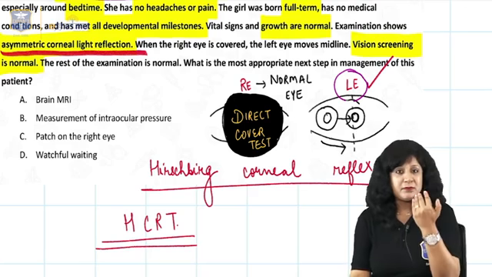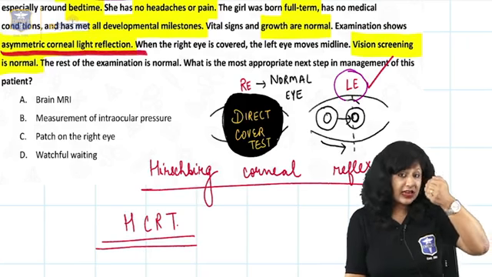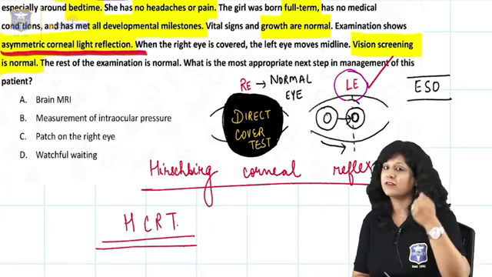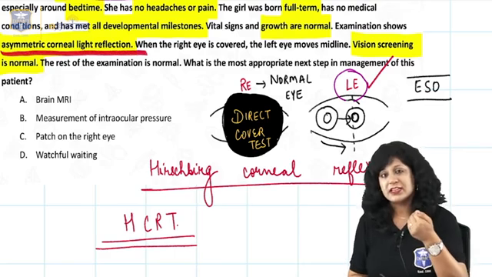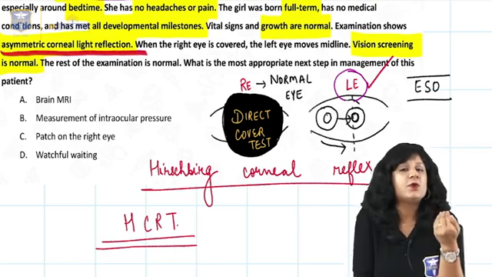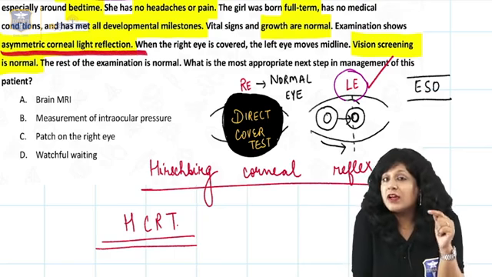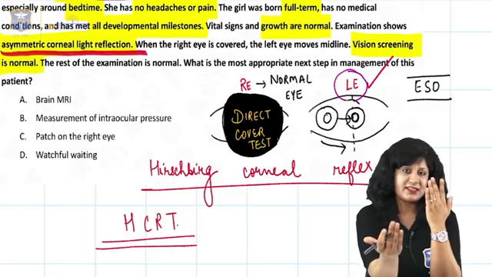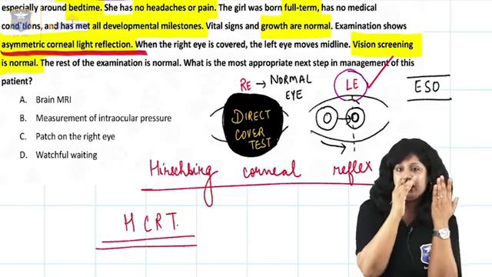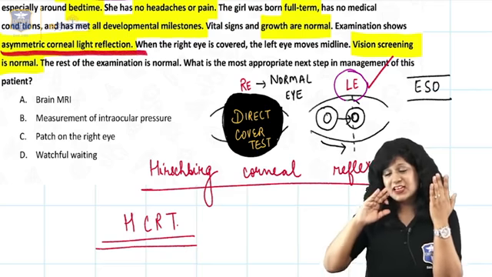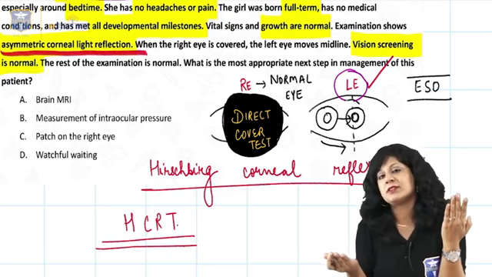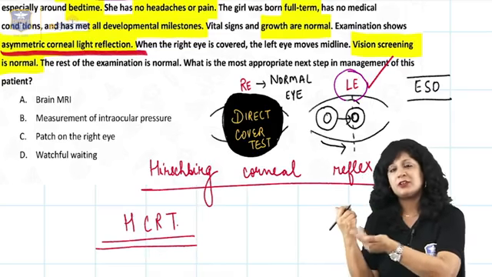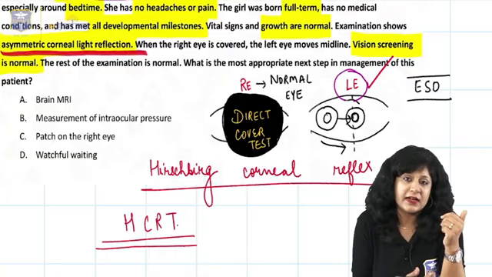Okay, so that means the left eye that was turning in was showing you the ezotropia. Ezotropia means the convergent squint. Now what we do in such cases, we are covering the other eye, which is the normal eye, and when you are covering this normal eye, the squint eye becomes the only fixating eye. So this eye was turned in. When it wants to fixate, it will show a recovery movement in the opposite direction, and because of the palsy, obviously it cannot go up to that limit, so it is just crossing the midline.